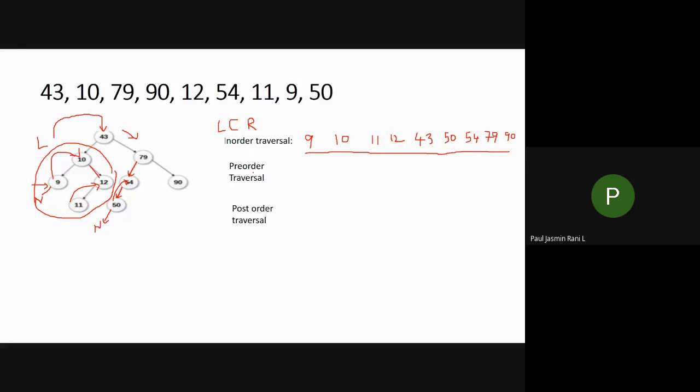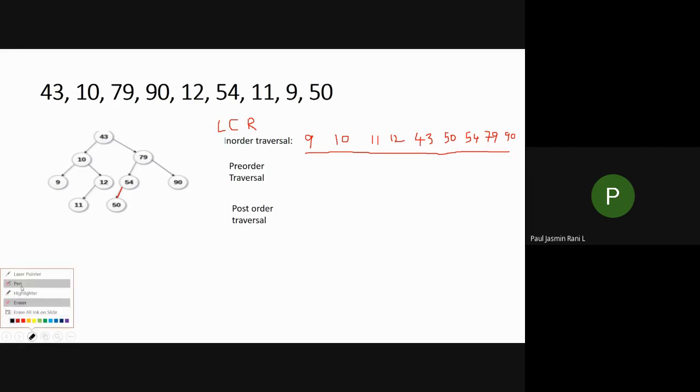So next, let us go for a pre-order traversal. So what happens in your pre-order traversal? In pre-order traversal, you have to give preference to your root. That is, first you have to print your parent, isn't it? So parent means the first one is 43. I'm not going to write it over here. Please note that in your notebook. So first you'll be printing your 43.